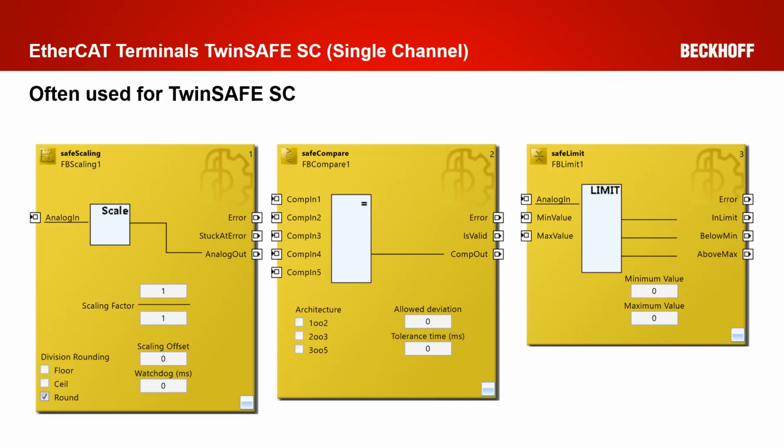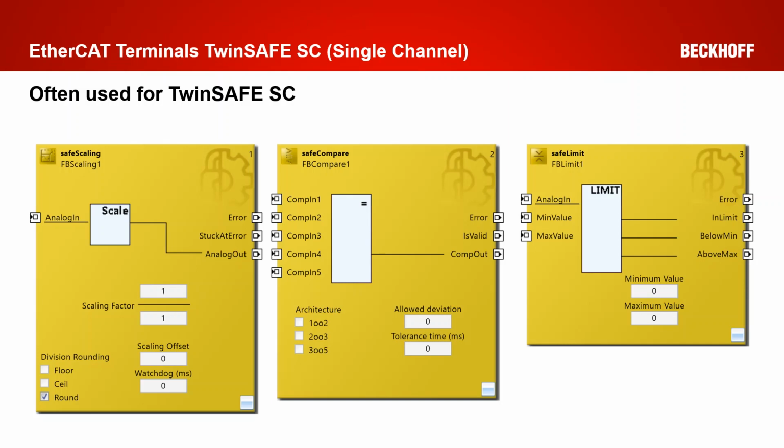The next function block we need is the compare function block, which basically detects if the input values are within the allowed window. There's an additional output port of the function block called isValid, which gives you the information if the comparison was positive or negative, and it's always recommended to use this output information in order to determine your